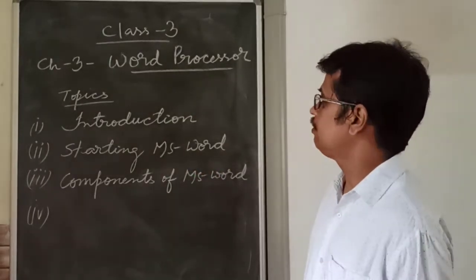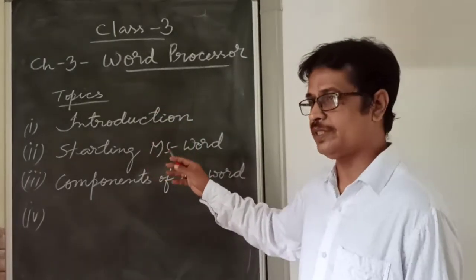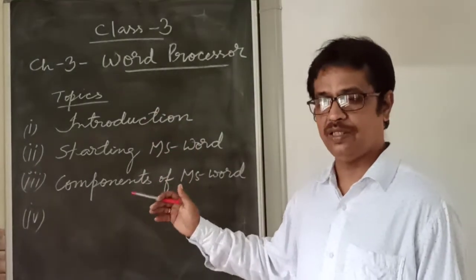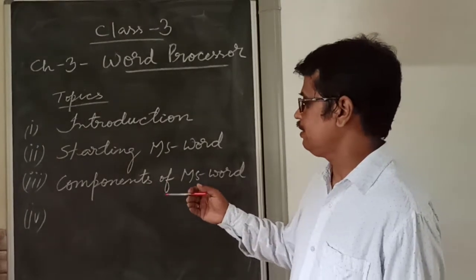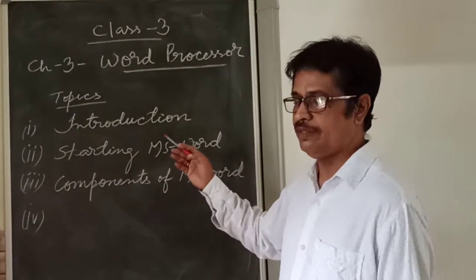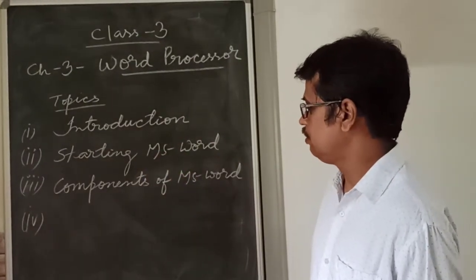We have only 3 chapters in the first semester: chapter number 1, 2 and 3, which we have already finished. So we are starting the revision from chapter 3 only, then we will do chapter 2 and chapter 1. So let's start the revision work.